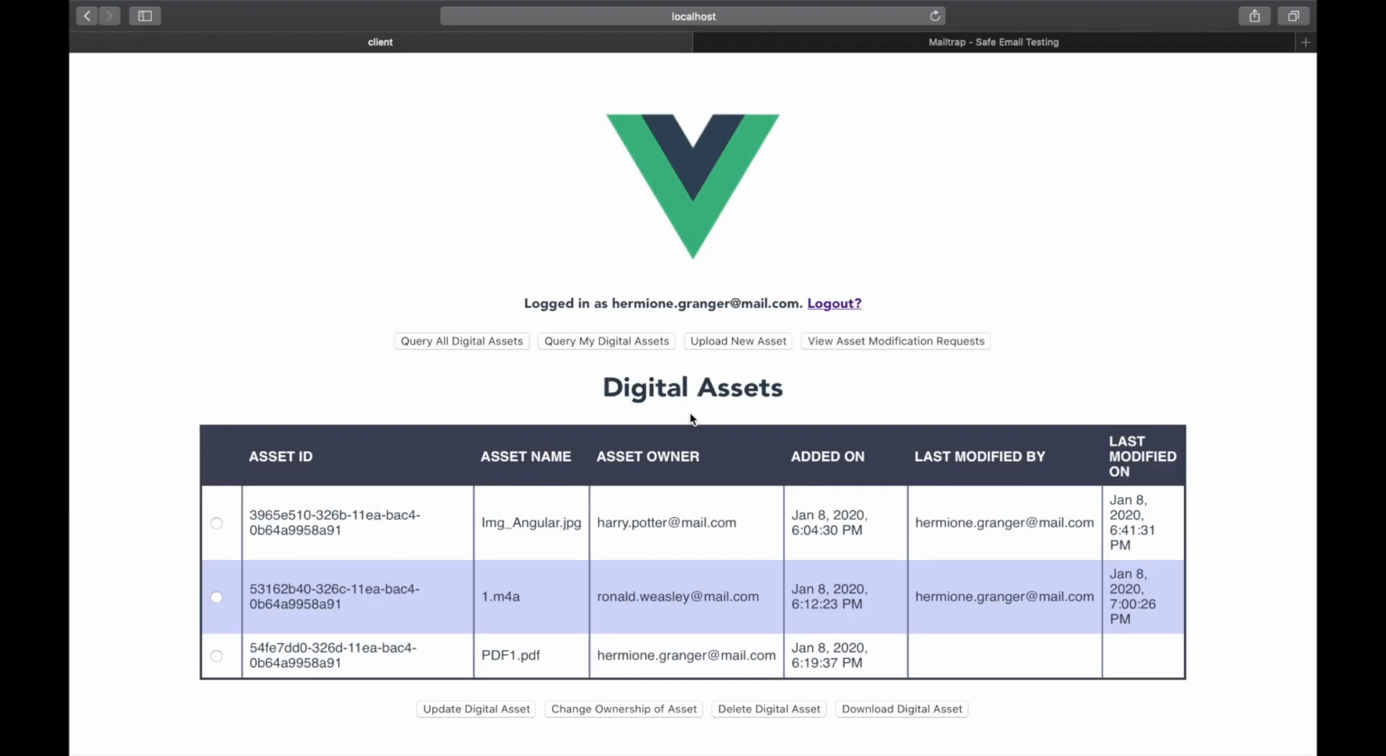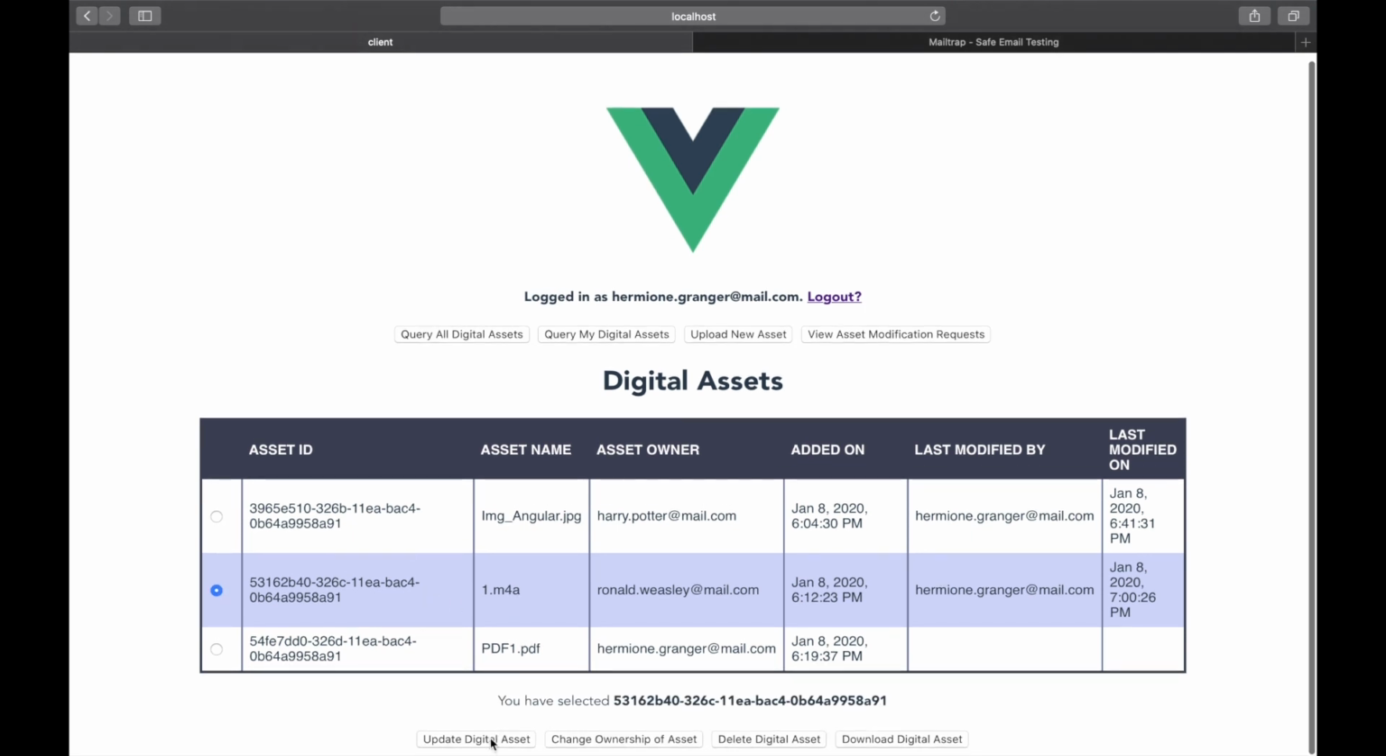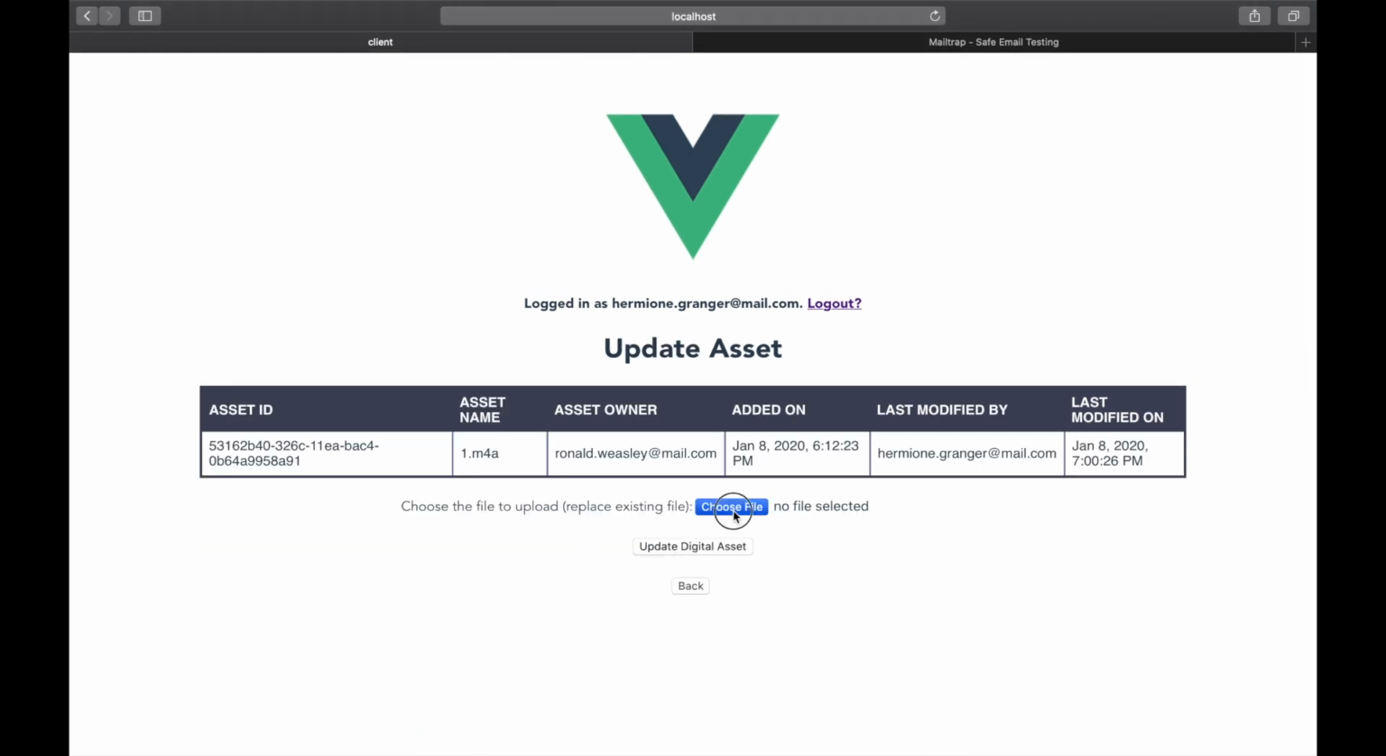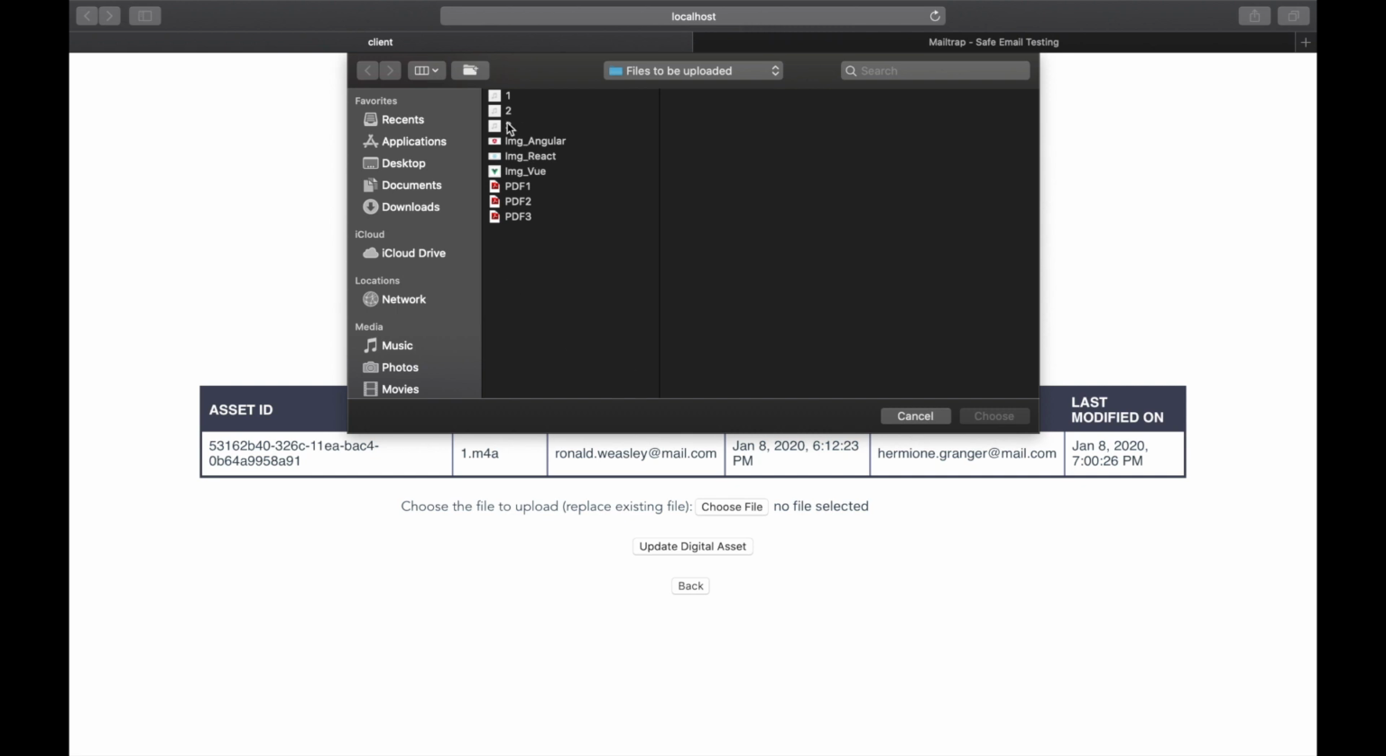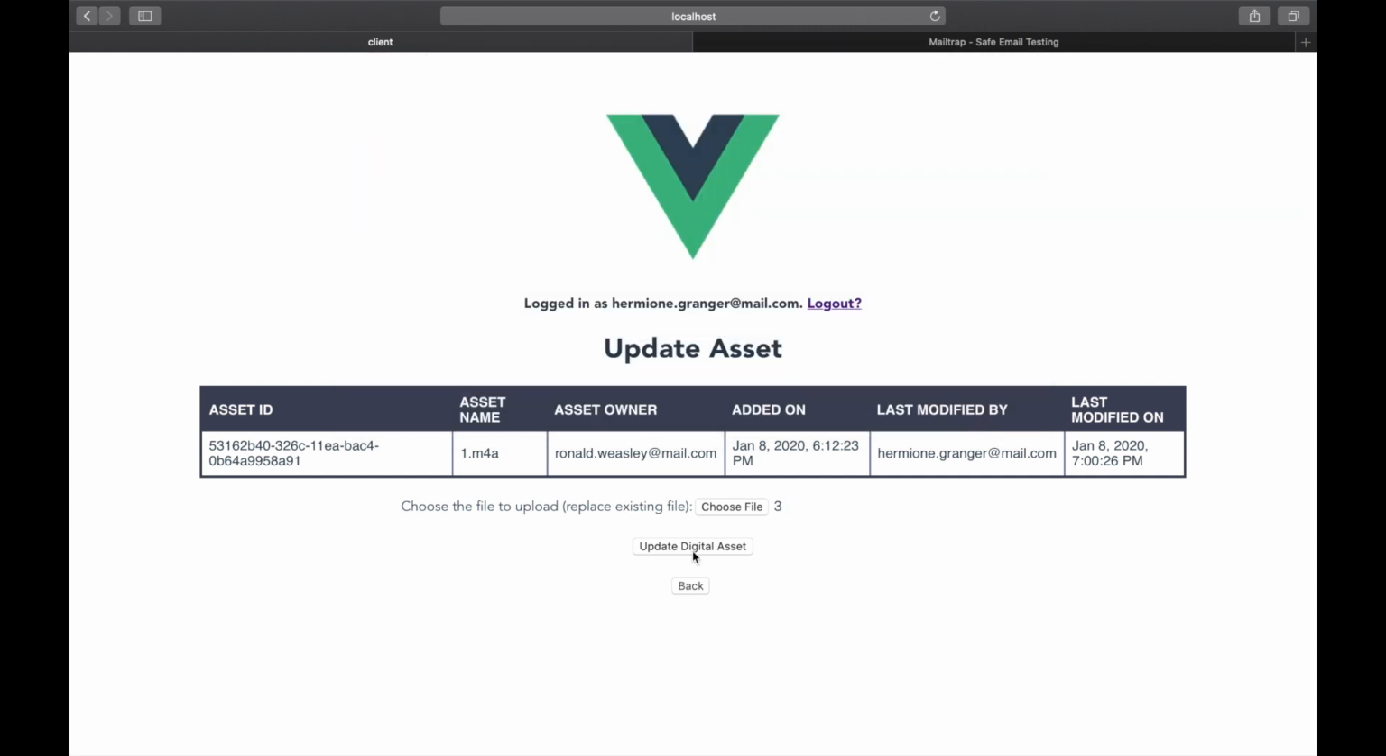Let us now try to verify that Hermione has been added as an approved user to Ronald's file, which is 1.m4a, but not to Harry's asset, which is img_angular. So if we try to update this file, which is 1.m4a, and if we try to upload this particular file here, instead of the one which already exists,